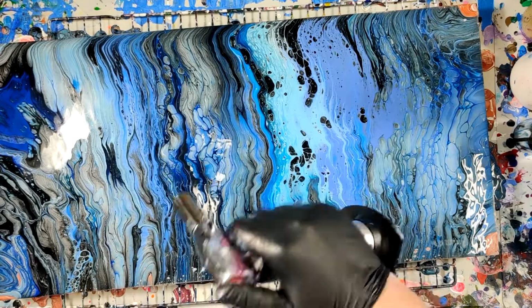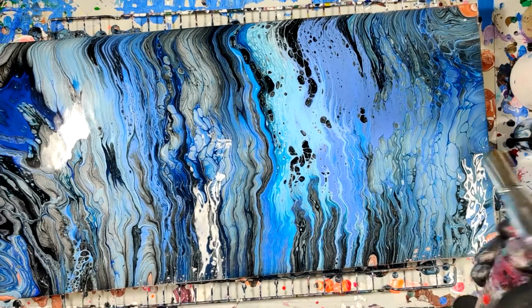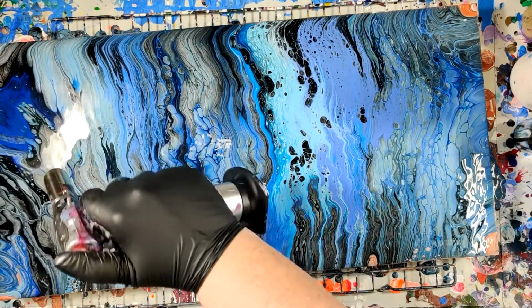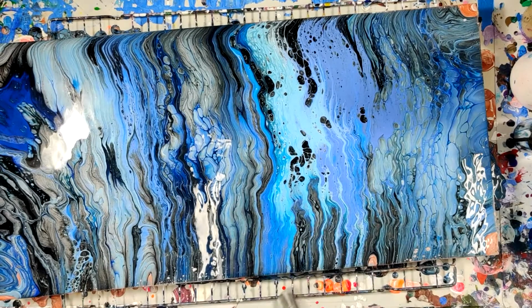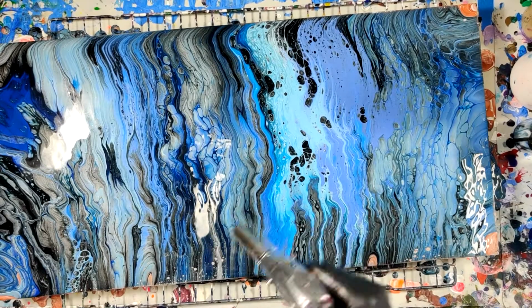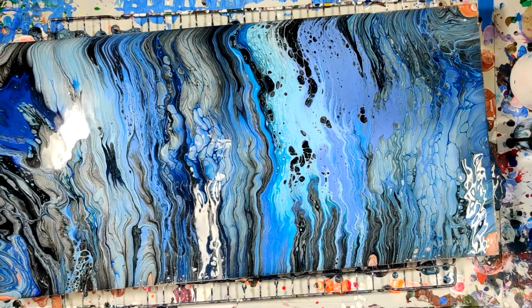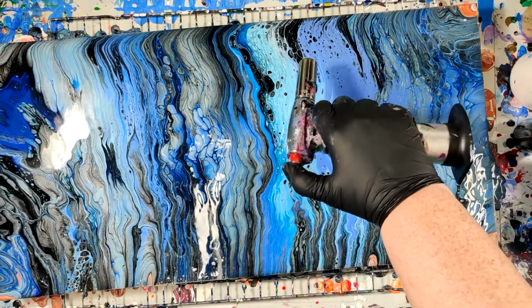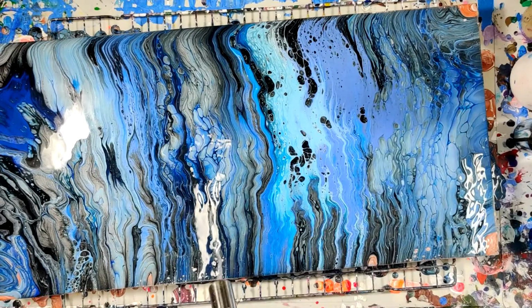Largely just popping bubbles with the heat. But it does also cause little changes in the paint. Usually makes this stuff where the paint is hanging out over top of other paints become more pronounced, that effect. I am trying to decide if what little copper is on it is going to be too